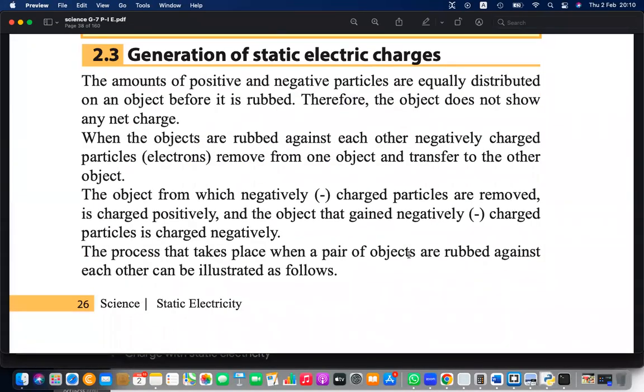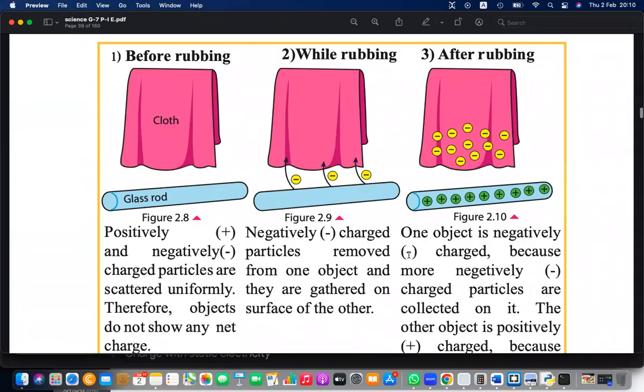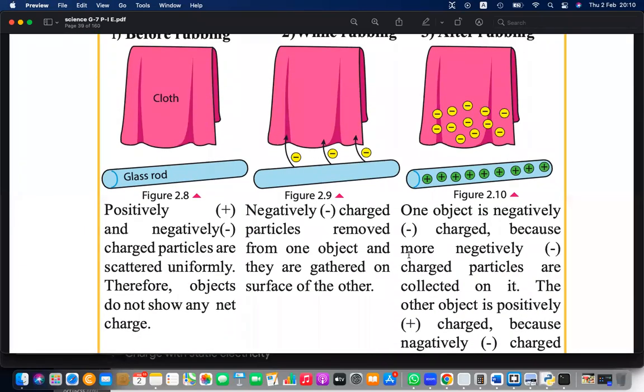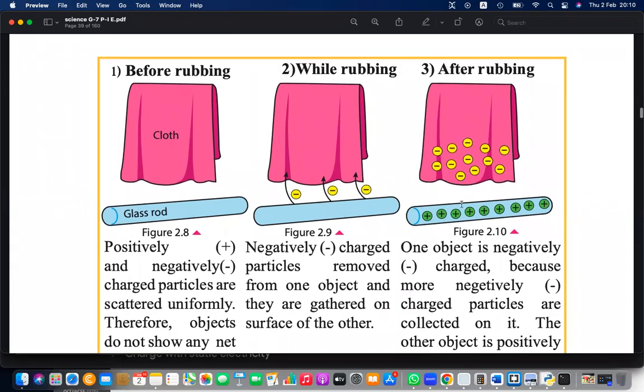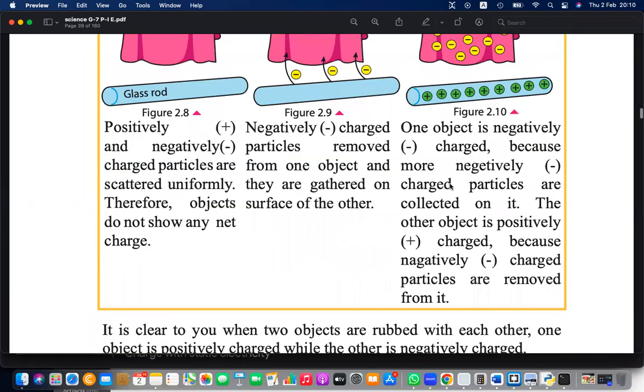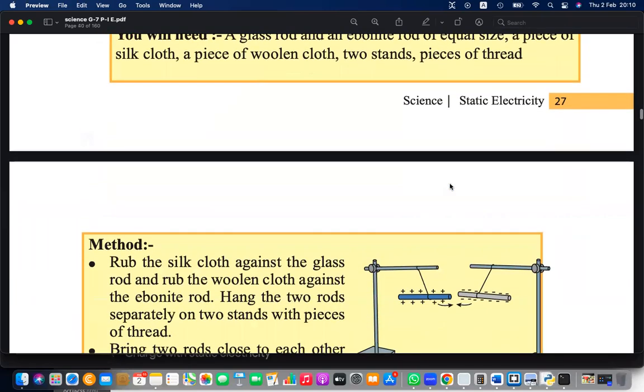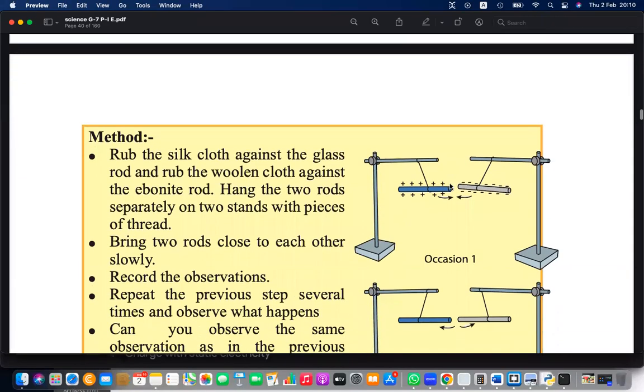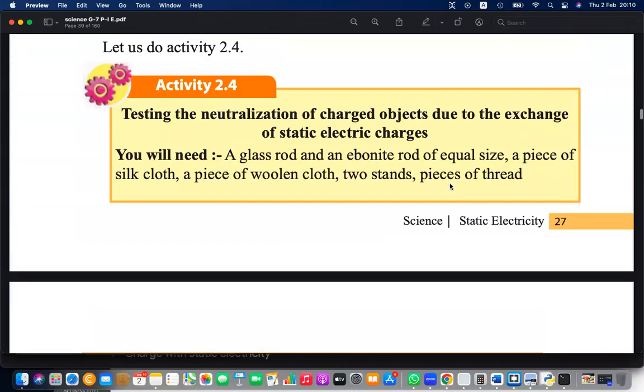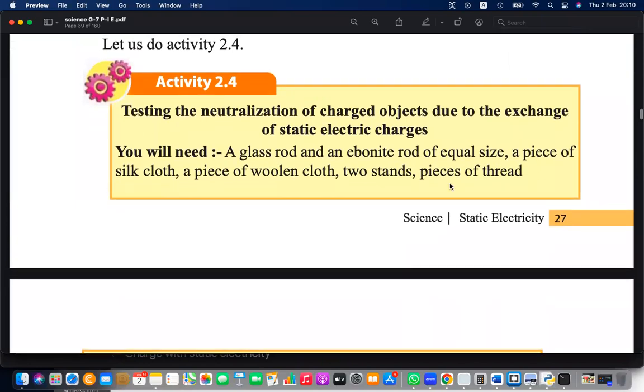Right. So how is this generated, we have learned. When you rub against your hair or against a cloth or wool, what will happen? The positive and negative charges will exchange. So positive will go to one side and negatives will go to the other side. So that is why this is statically charged, because of the rubbing, right? And this is basically to explore again